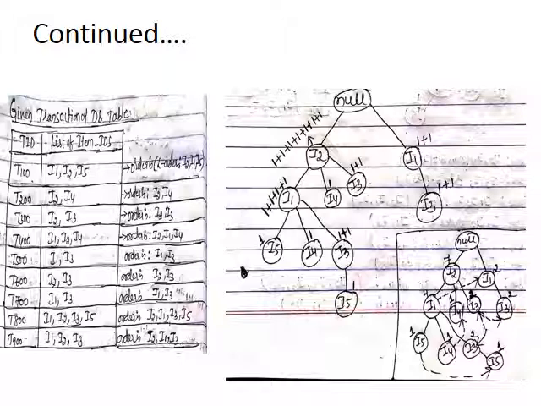Now for the entire tree, just add the values you have added to those nodes. Null, I2 7, I1 6. I have shown a dotted link from I1 to I1. Just count 4 plus 2, that is 6. Then I4 2, I3 6, I5 2. Like this we need to construct the FP tree.